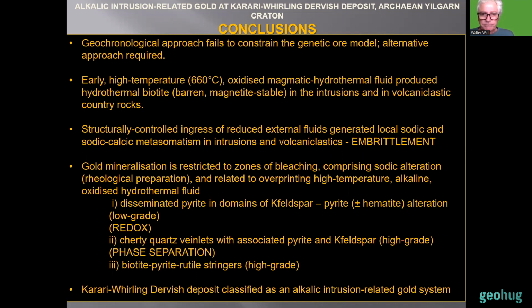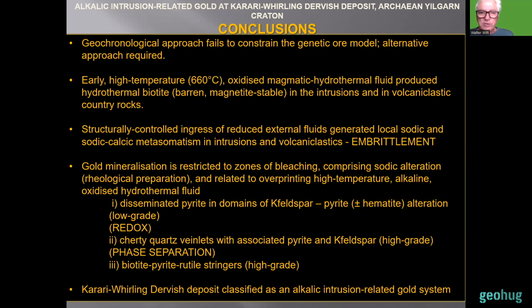The results include disseminated pyrite in domains of K feldspar-pyrite plus or minus hematite, which generated the bulk of the gold in low-grade form. Gold was probably deposited as a result of redox reactions between the oxidized ore fluid and the reduced